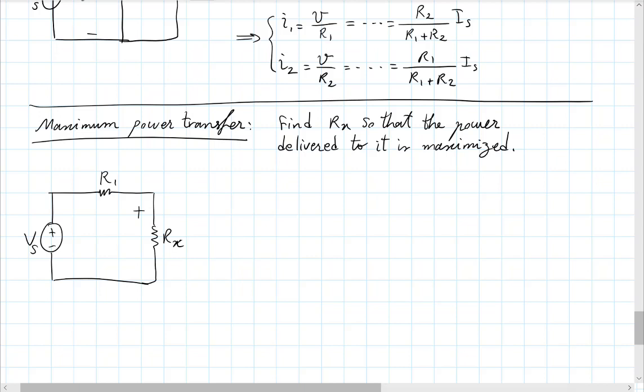So if I'm interested in this V and I, well, I is simply Vs divided by the equivalent resistance, which is the sum of those two. And V, I can write it maybe using voltage division. Again, I don't have to use any of these formulas, but I can. So if I'm interested in power,